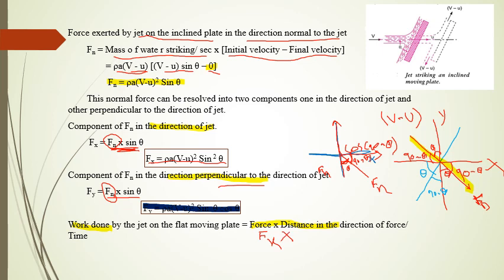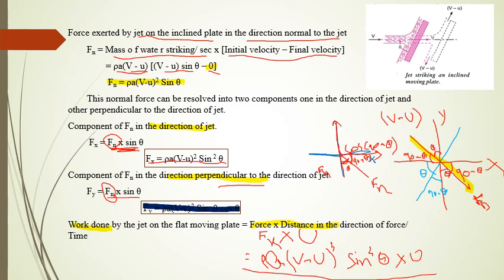The distance is U. Substituting the Fx value, we get work done equal to rho A into (V minus U) whole square sin square theta into U. This is the work done formula